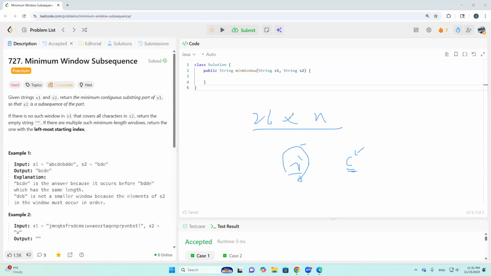So if we can pre-compose the next array of S1, right? Then what we do is just look at S2 character by character. If we can go through every character of S2 and finish all of the next, right,